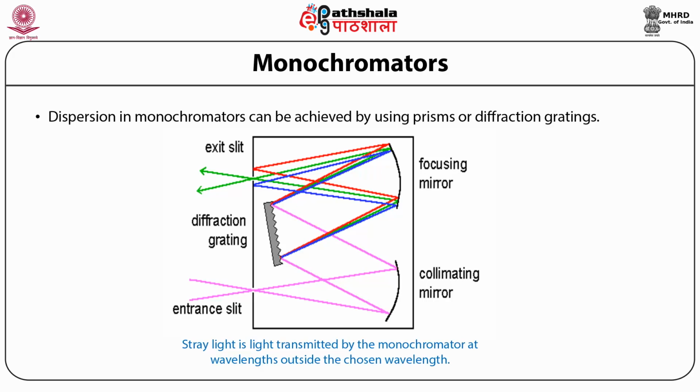The performance specification of a monochromator includes dispersion, efficiency, and stray light levels. A monochromator for fluorescence spectroscopy should have low stray light. The figure shows an entrance slit, from which light comes in contact with a collimating mirror, wherein it is directed to a diffraction grating. It is then focused on a focusing mirror, and from there it is focused through the exit slit.